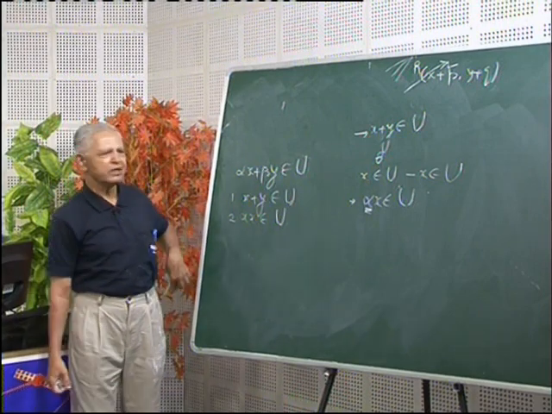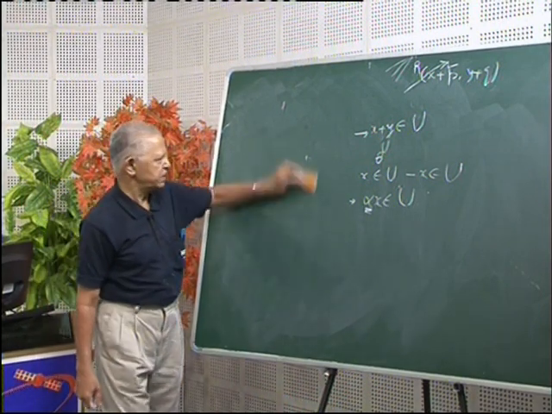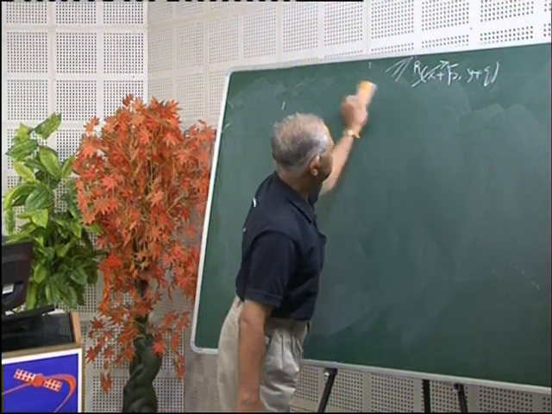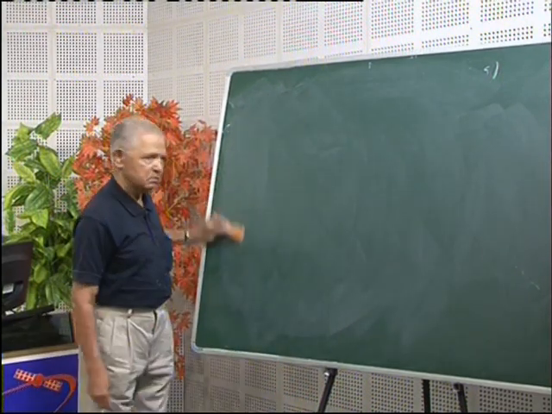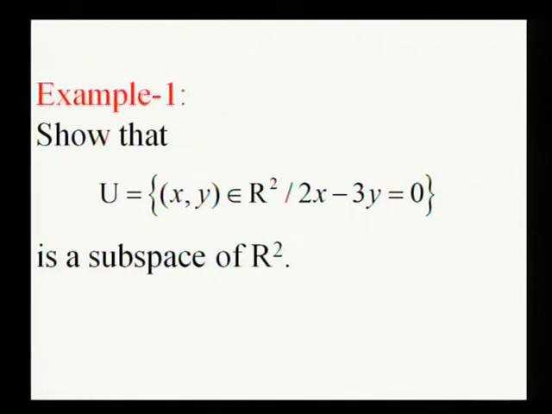Now, let us take some illustrations of subspaces. Our first illustration is: show that U equal to the set of all points (x, y) belonging to R2 such that 2x minus 3y is equal to 0 is a subspace of R2. Now, we take 2 points